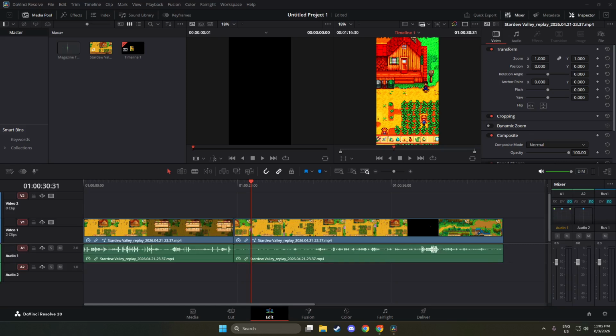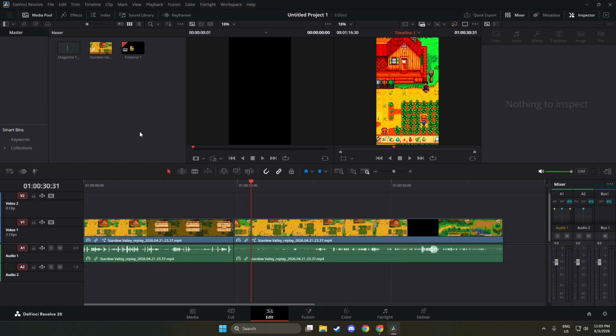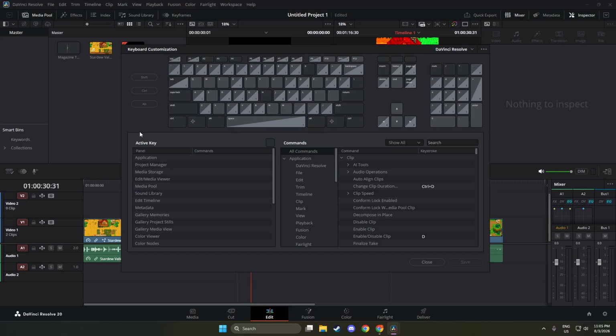the screen. Now click the DaVinci Resolve menu on macOS, or the Workspace or DaVinci Resolve menu, depending on your system and version, then choose Keyboard Customization. When the Keyboard Customization window opens, you will see a keyboard layout in the middle and a list of commands, usually on the right. If you ever close this window by mistake, just repeat this exact click path to bring